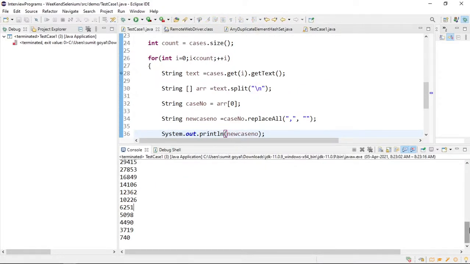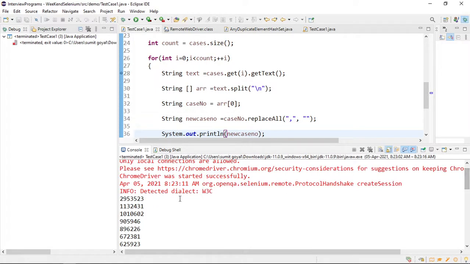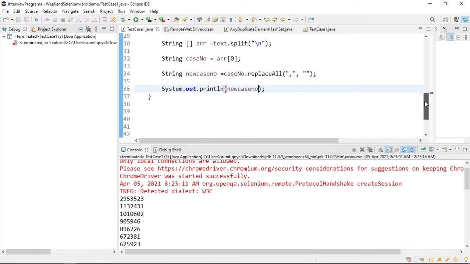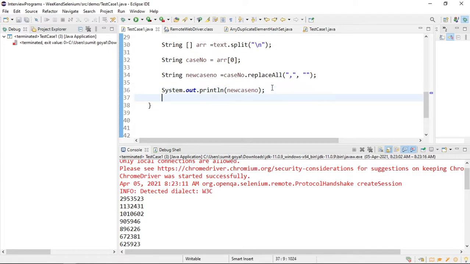you can see this time no commas between the numbers, right? Because I'm using the replaceAll method. So is this replaceAll clear to everyone? Why can't we add when the comma is still present in the numbers? Why do we need to remove the commas? Because comma is not an integer, so this is the reason.